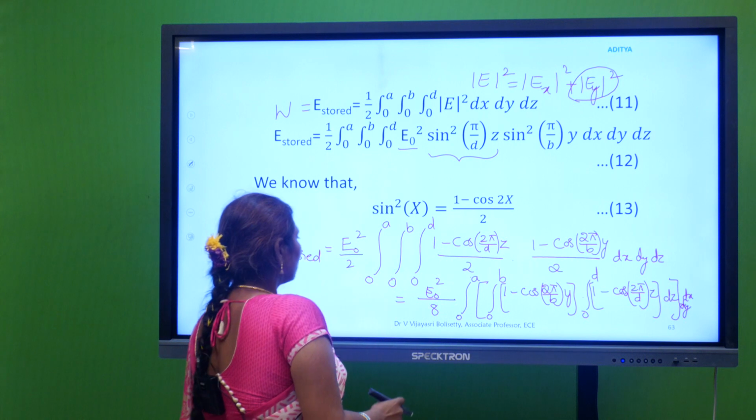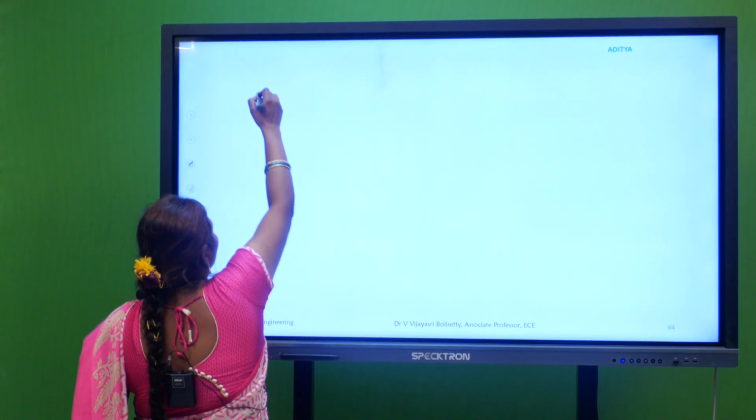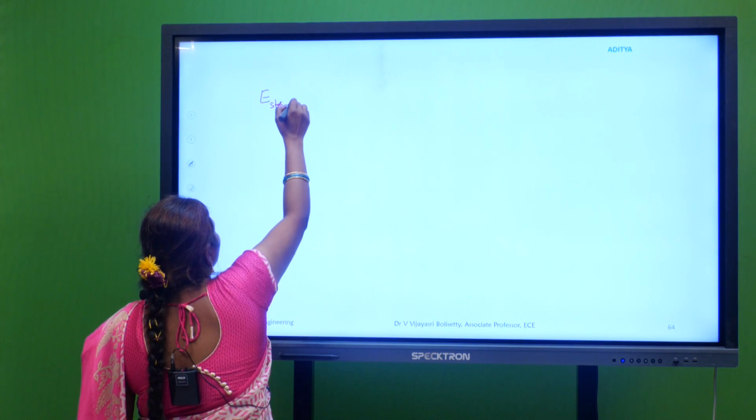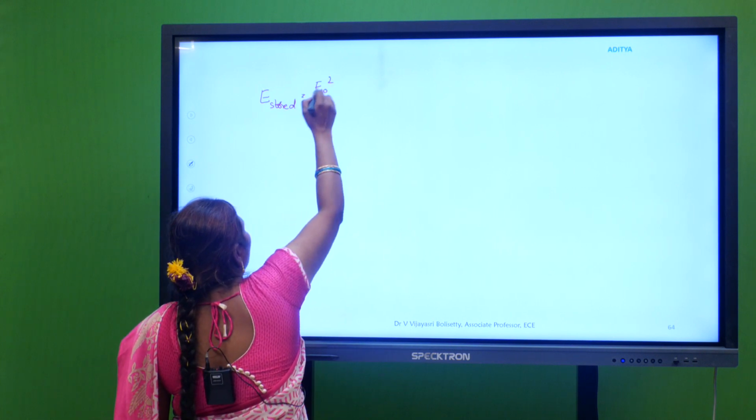So now we get the energy stored is equal to E naught square by 8